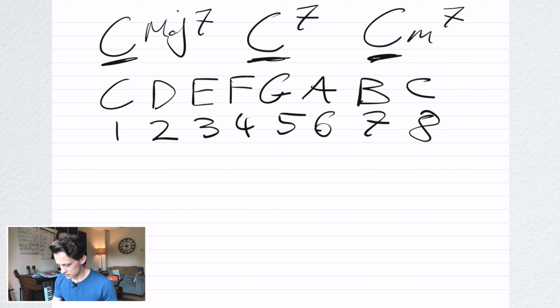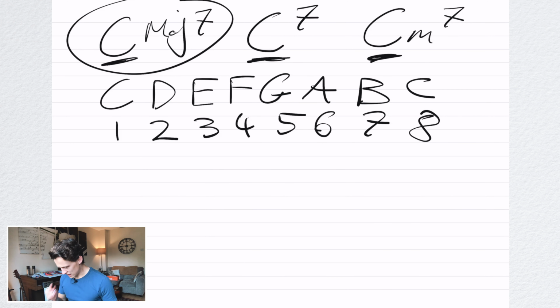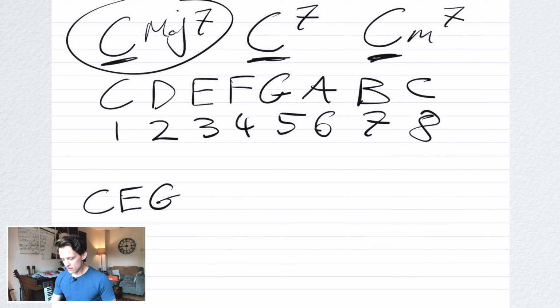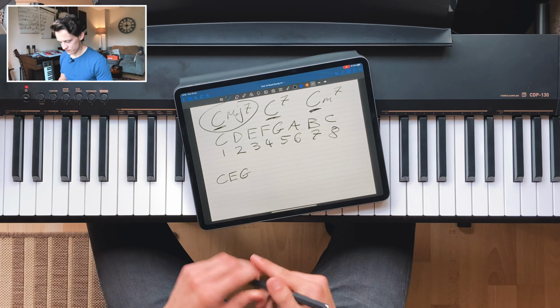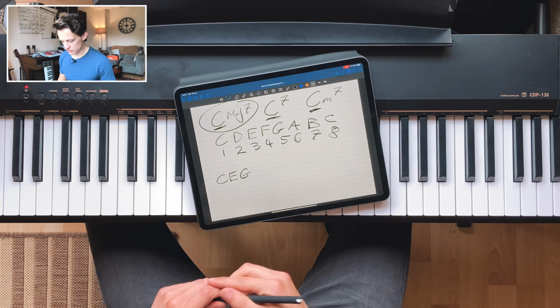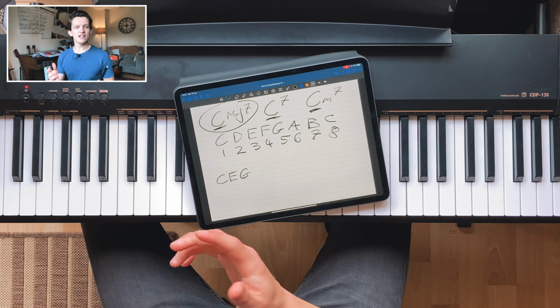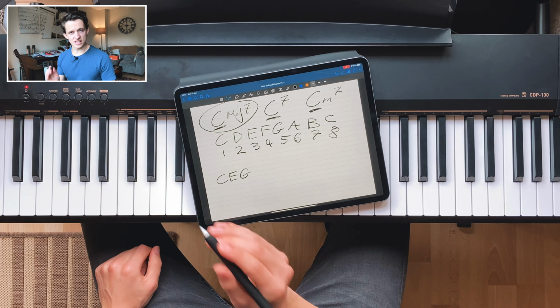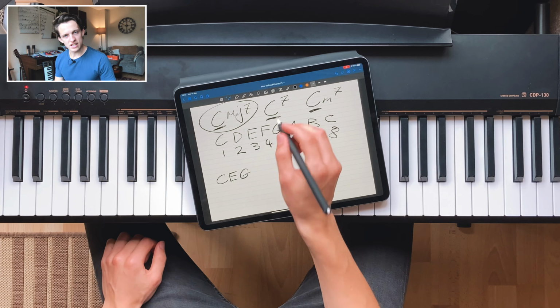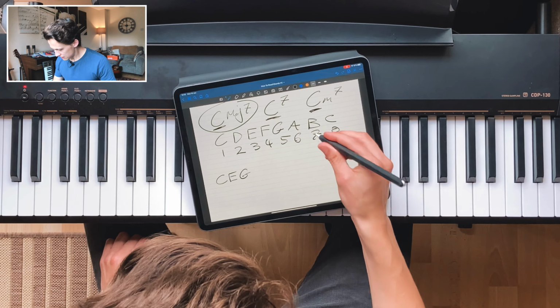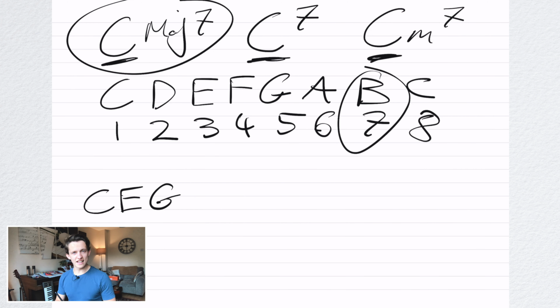So if we've got our C major 7 right here, all we have to do is take our C to start with, and that gets us C, E and G. If you imagine the major 7 doesn't even exist there, then the C on its own would get you a C major chord. Now you'd think that was because it said major afterwards, but in reality that is just for the 7th note. So the Maj 7 stands for major, and it means that the 7th note of the scale is to be the major 7th note of the scale. It's not flattened, it's not sharpened, it's just the 7th note.